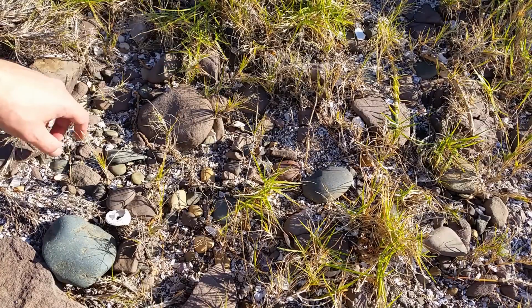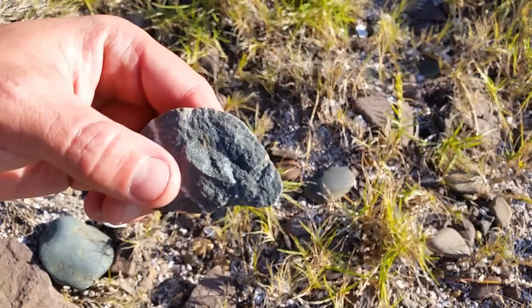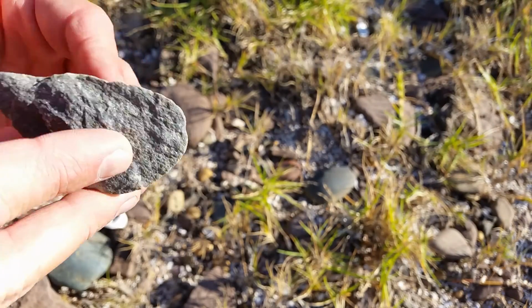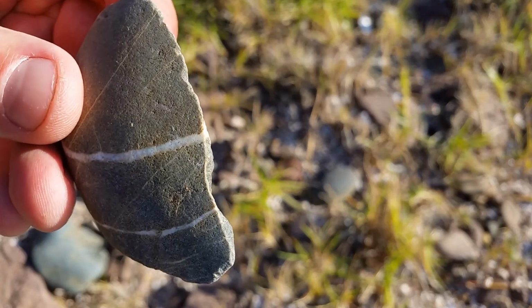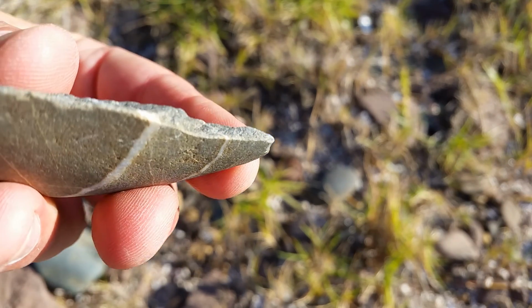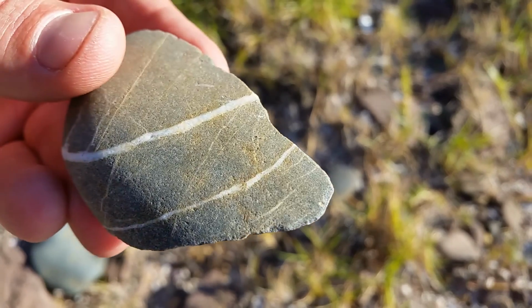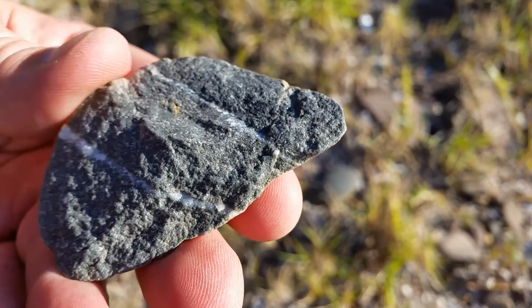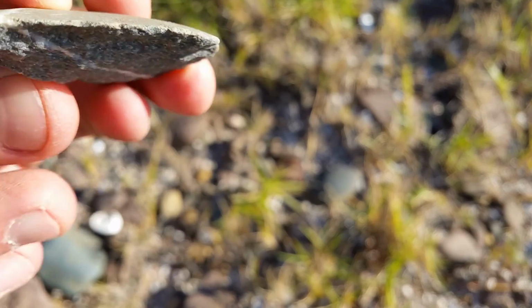This one spot here, I've come across what I believe to be a scraper, and there's another one just in the back there that I'll show you after. Now these don't have the best examples of retouching, but what we can see is that this particular flake has been removed from a larger core, and if we just have a look down this edge,